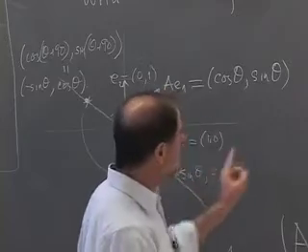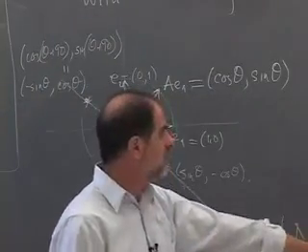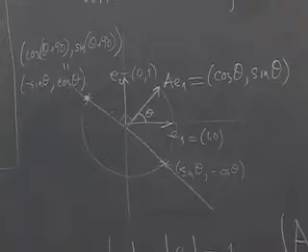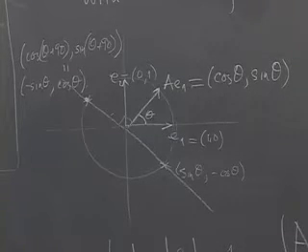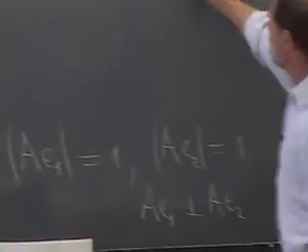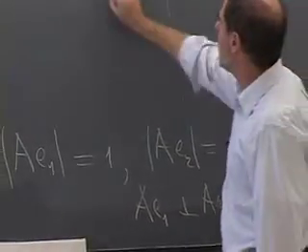Because I have one more condition on A. Besides that it takes E1 and E2 to vectors of length 1, which are orthogonal, I know that the determinant of A has to be equal to 1, because I assumed it was an SO2, not an O2. OK, since the determinant of A is equal to 1, I can try to write down the matrix of A